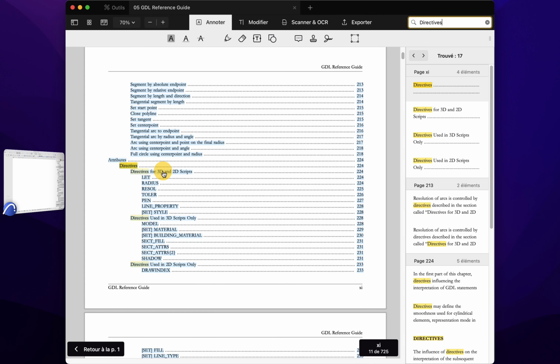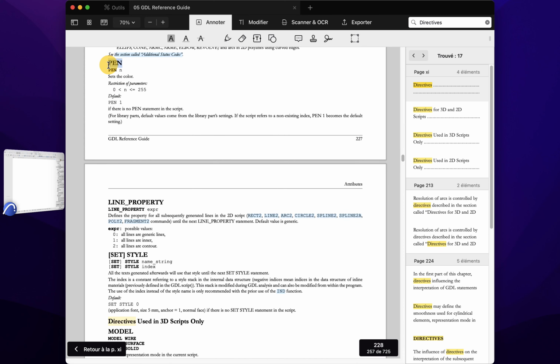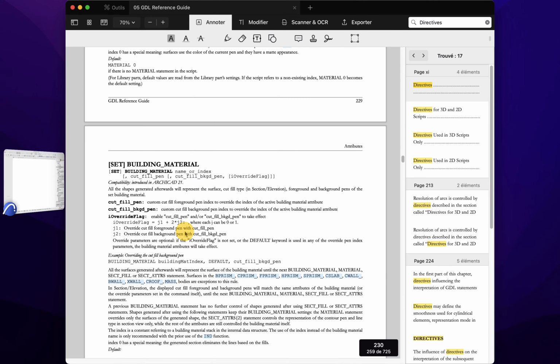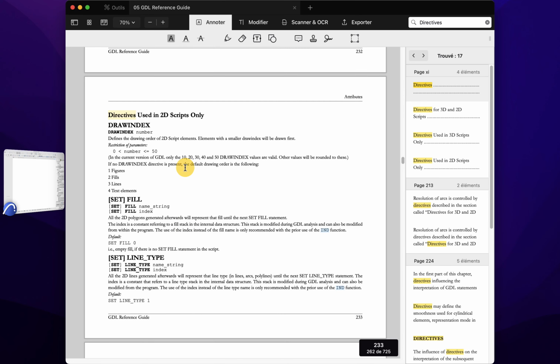Directives exist for both 3D and 2D, but also some specific ones for each script. One that will be very useful is the pen method, which will allow us to define a color for geometry according to the pen set of our project. We also have some other ones that are specific to 2D, which are draw index, fill, and line type.